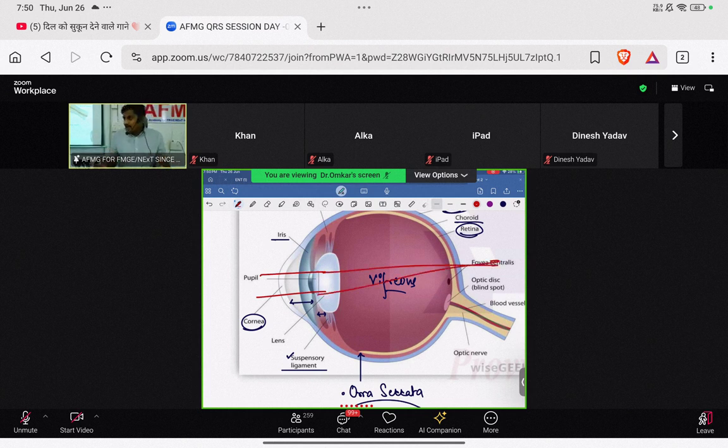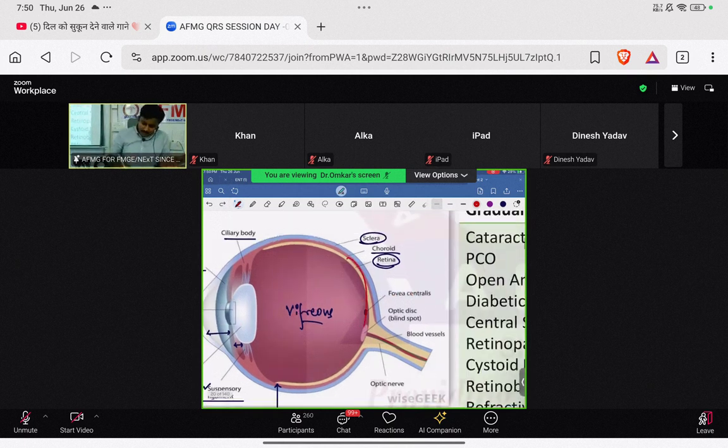Contrary, if I say whenever the eyeball is very very small beta, जब eyeball छोटा होगा, तो the rays of light will fall behind the retina. And whenever the rays of light fall behind the retina, will there be image formation? No again. And that visual disturbance is known as hypermetropia. तो hypermetropia मतलब hyper, याद रखना बहुत दूर तक. तो यहाँ पे the rays of light will go very far and will fall behind the retina. Hopefully that's clear to all of you.